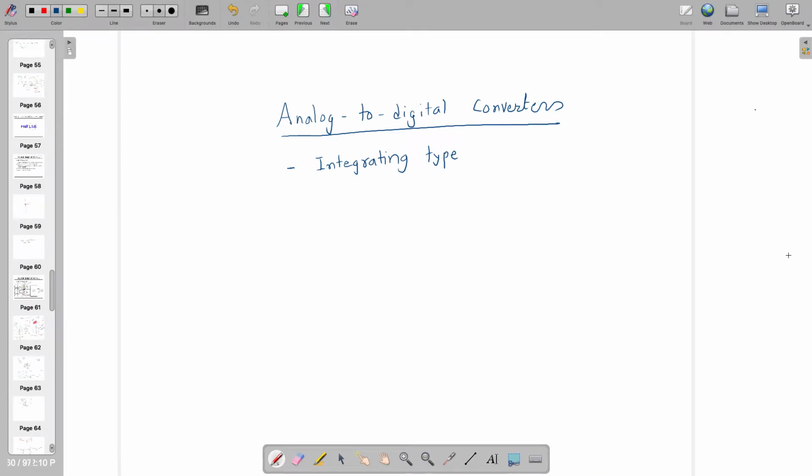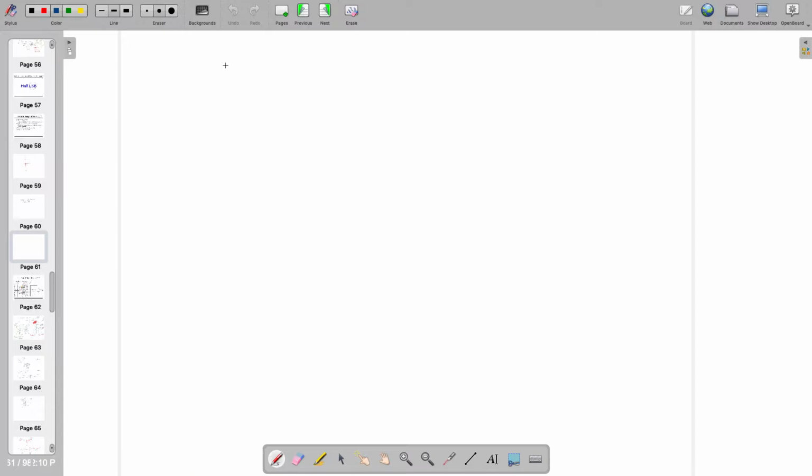So we were talking about analog to digital converters in that integrating type. Just before integrating type, we have studied something called flash. So what is the problem in flash, Nishant? What do you think? Flash is fastest. So that's the advantage, but